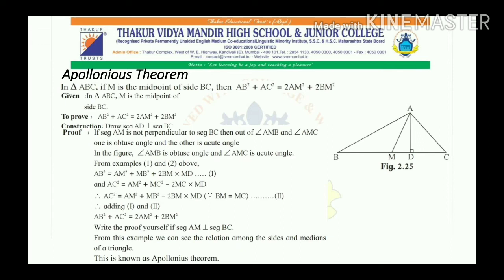If segment AM is not perpendicular to segment BC, so in figure what we are looking, that AB square is equal to AM square plus MB square plus 2BM into MD. By taking square of that, if we are taking triangle ADB and using Pythagoras theorem, we will get AB square